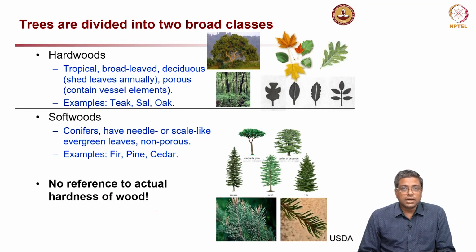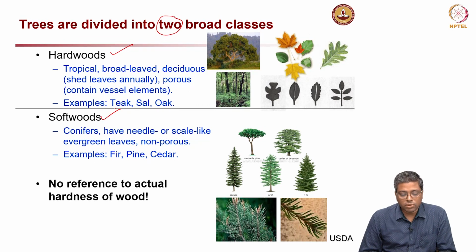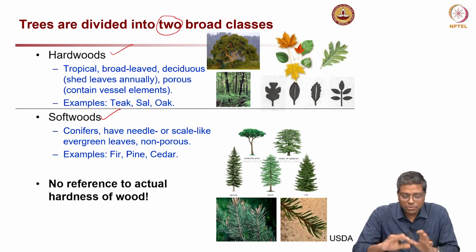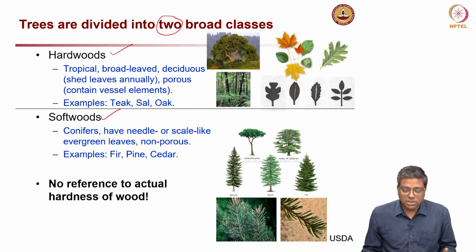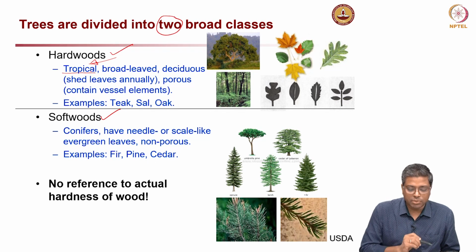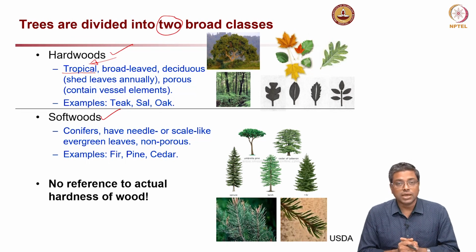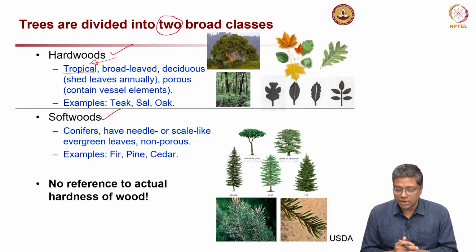Now, trees in general can be divided into two broad classes. One is hardwood and the other is softwood. I just put this here for information purposes. You can see hardwood is generally available in tropical climate conditions. Generally the leaf structure, you can see in the top half of the screen and the bottom half of the screen, is strikingly different; the appearance of the leaves is very different.